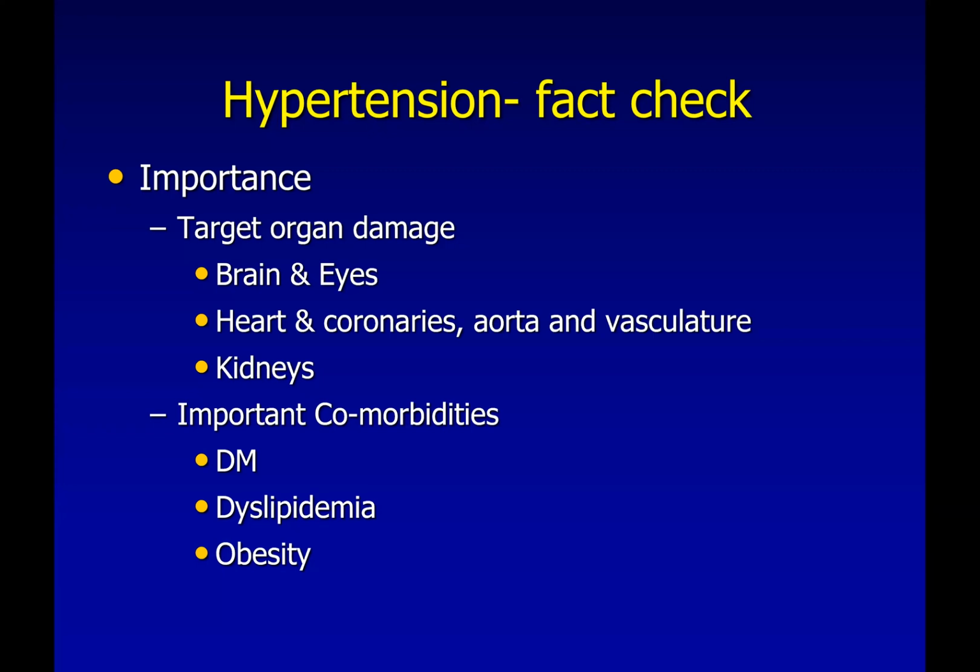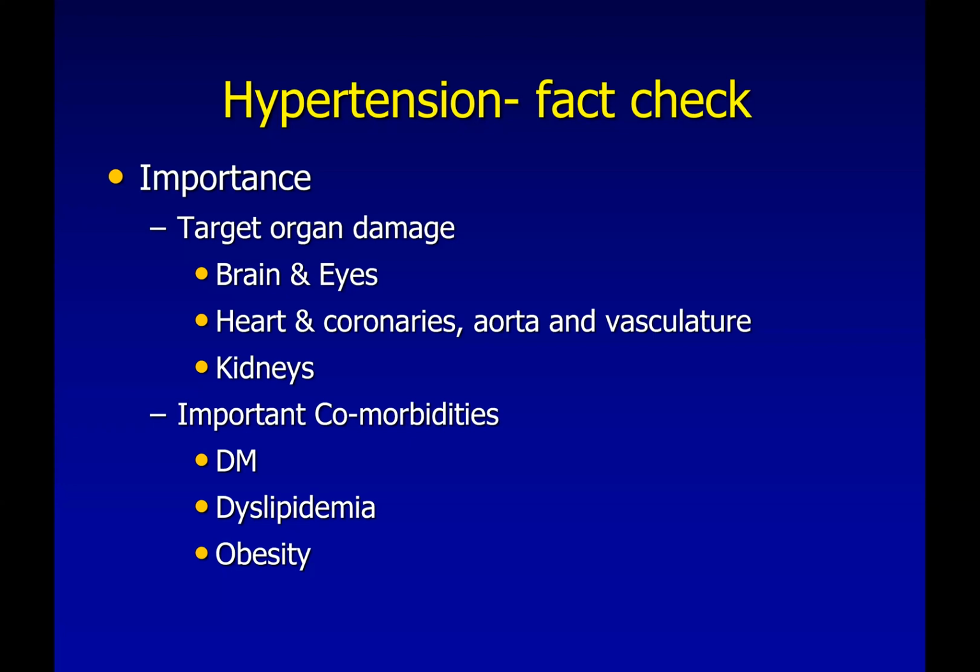You can have left ventricular hypertrophy, heart failure, coronary artery disease, aortic dissection and peripheral vascular disease, and obviously acute or chronic kidney disease or rapidly progressive renal failure, what we call malignant hypertension, in these patients. So target organ damage is the worrisome aspect that we all face. It is not the hypertension itself. Yes, asymptomatic hypertension will not cause anything, but in the long run or with acute decompensation, these things will be a problem.